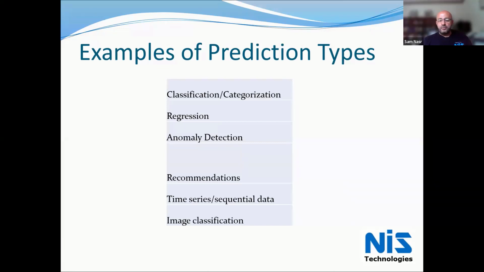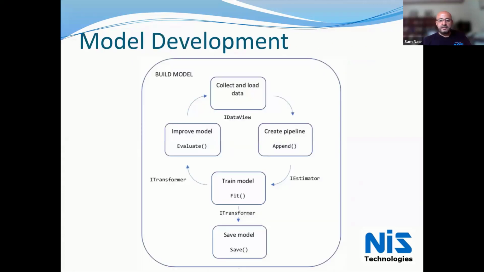Now, having said that, what is the process that I go about developing my model or that transform? It's really a cyclical process, and it starts by first and foremost collecting and loading the data. And then we create a pipeline where we start to feed that data into it. And then we train the model where it's actually reading the data and processing it. So it's looking at the features, and then it's looking at the labels, and it's learning how to develop a formula to get from a feature to a label, to get from an input to an output.